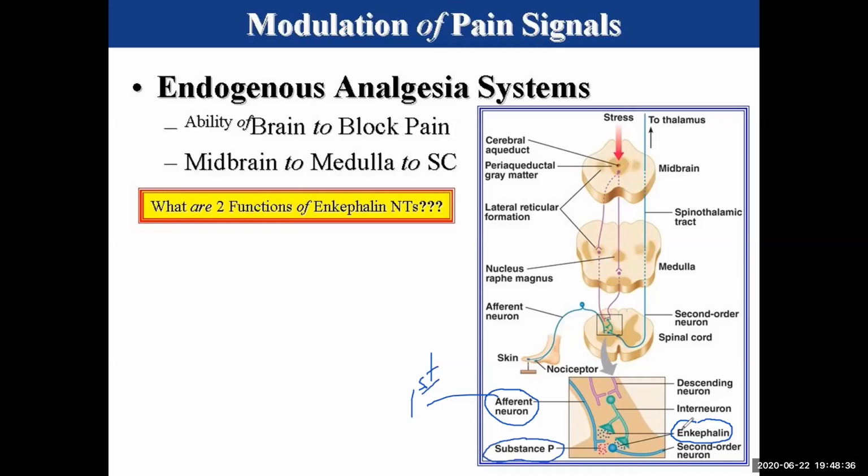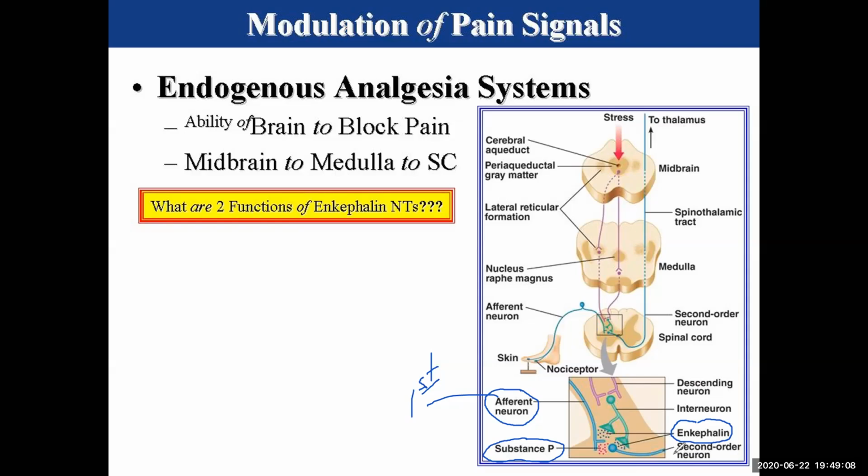So if the enkephalin is released, it will basically hyperpolarize the axon terminal of the first order neuron, making it release less substance P. If you have less substance P, you will have less EPSP generated by the second order neuron. That's one mechanism. The other mechanism, enkephalin is also producing IPSPs on the cell body of the second order